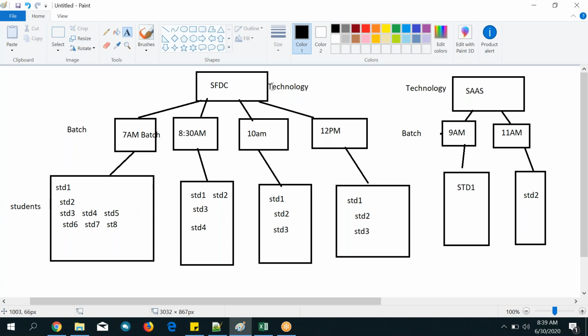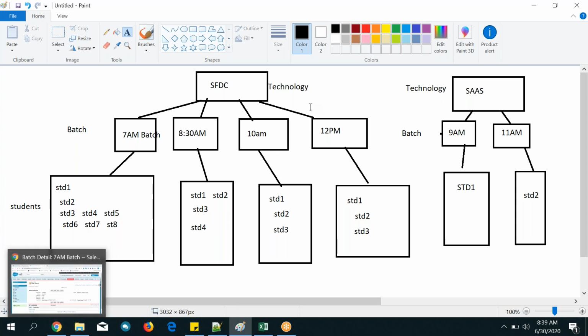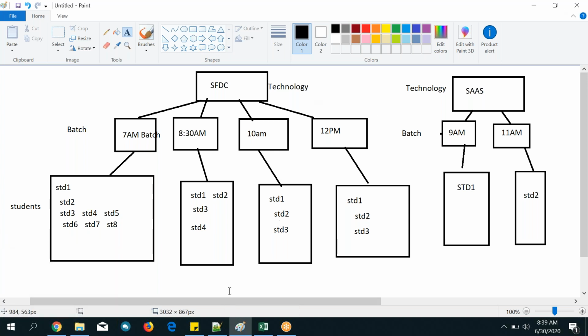And the next point: if you delete a master record, all the child records will be deleted. But if you delete a lookup parent record, the child records will not be deleted, but on all the child records, that field's values are empty. That is the difference between lookup and master. That's what we have discussed, guys. And tomorrow we will see the remaining.